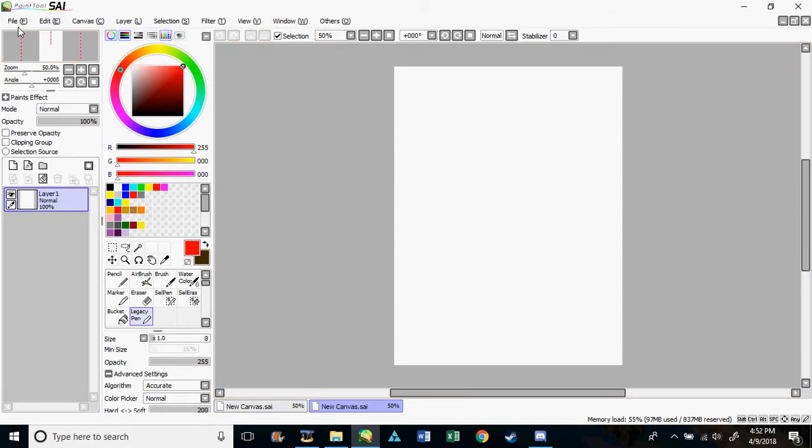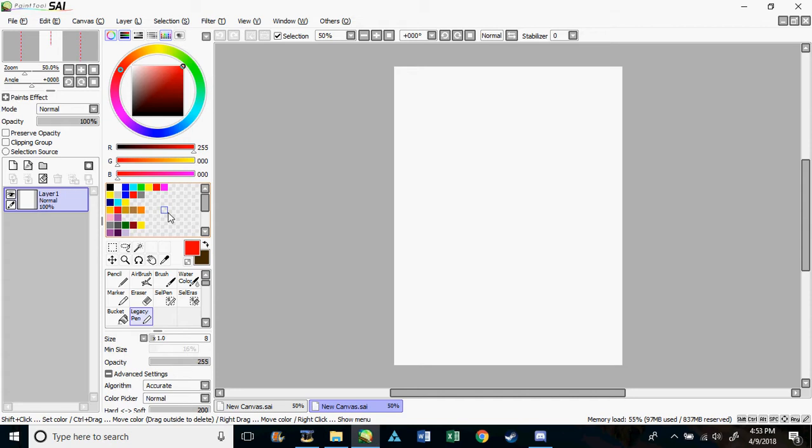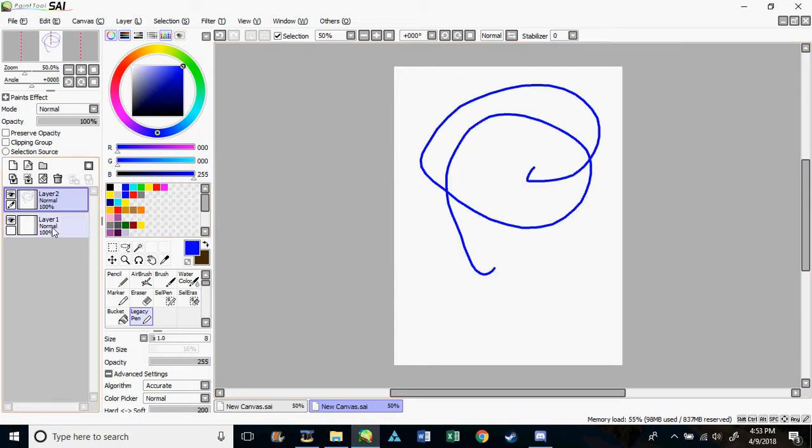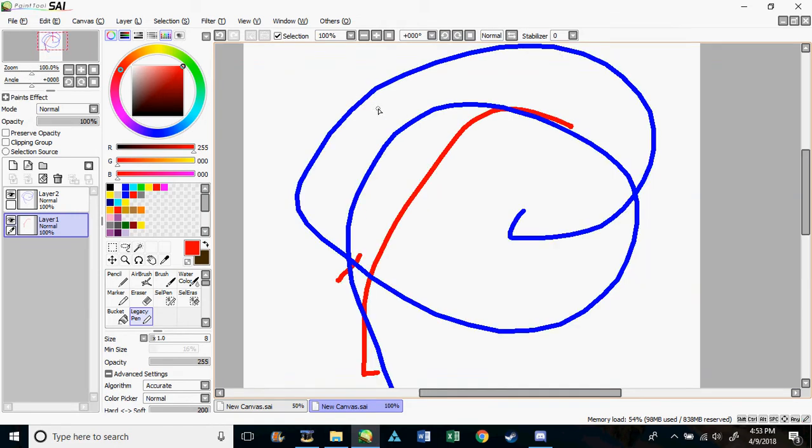The next thing I want to talk about is obviously the file. There's everything like save, save as, open, all that normal stuff. But the next thing I'm going to talk about is the layers, because a lot of people don't necessarily start with programs that have layering. So layers are pretty self-explanatory. If you draw on the lower layer, literally lower on the thing, you can see it goes behind the stuff on the upper layer. So it's pretty simple in that sense,